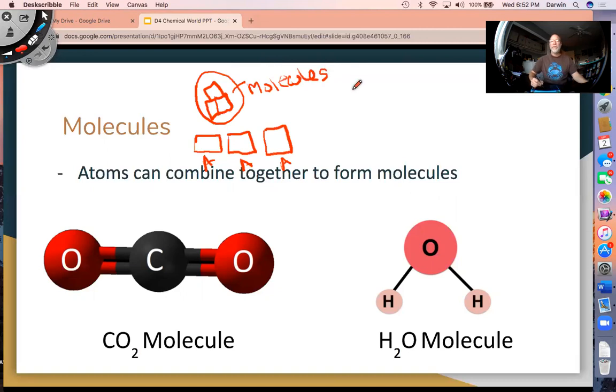Another example of molecules and atoms, so you can kind of see the difference, is maybe a car. So a car has tires. Let's draw 4 tires. And the car has a car body. And we could say that each one of these are different atoms. Those are wheel atoms. That's the body of the car atoms. And so these atoms, when we put them together and make a car, we could say that this car,